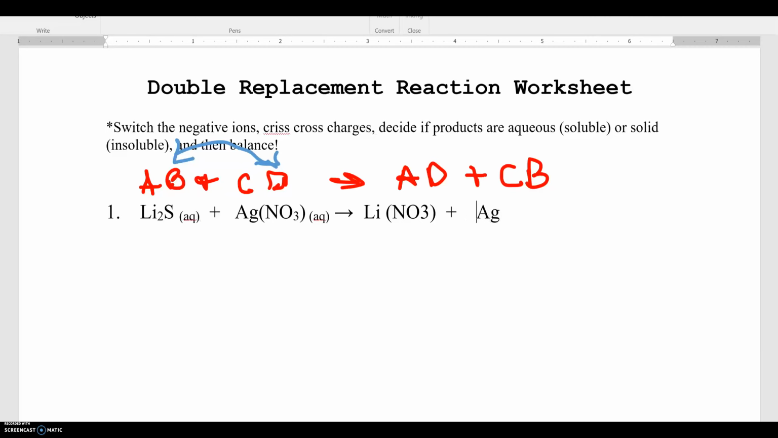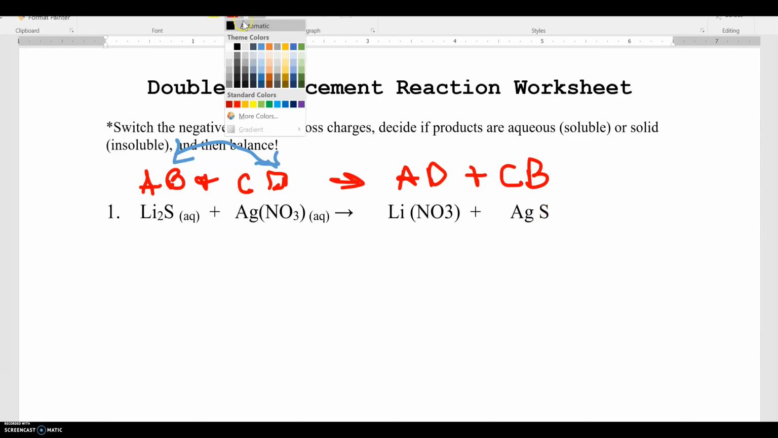Let me make this go over here where the C is. The Ag is going to be the C, and then that's going to be attached to the sulfur, S. So that's basically the double replacement reaction, but we're not done yet because we have to make sure that